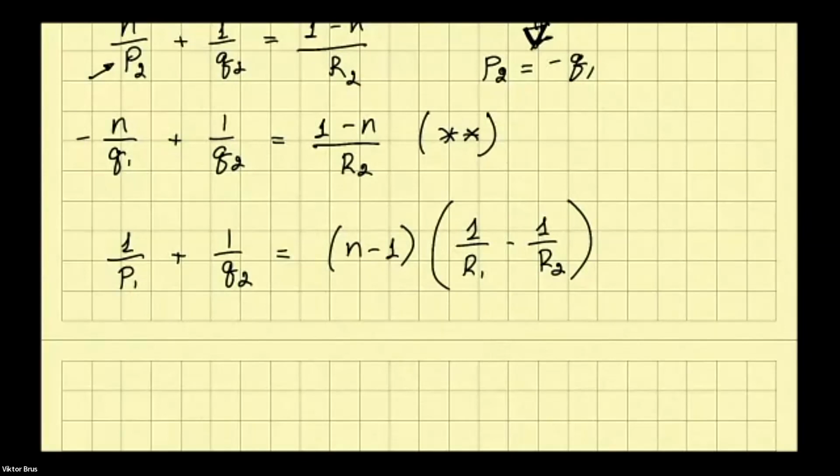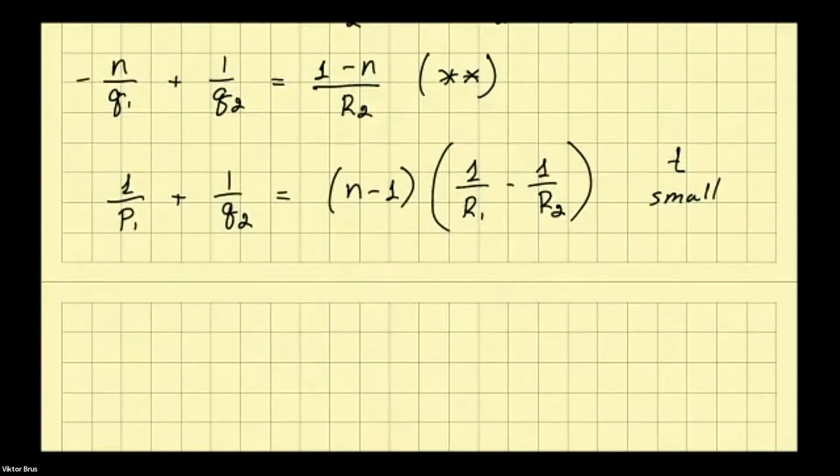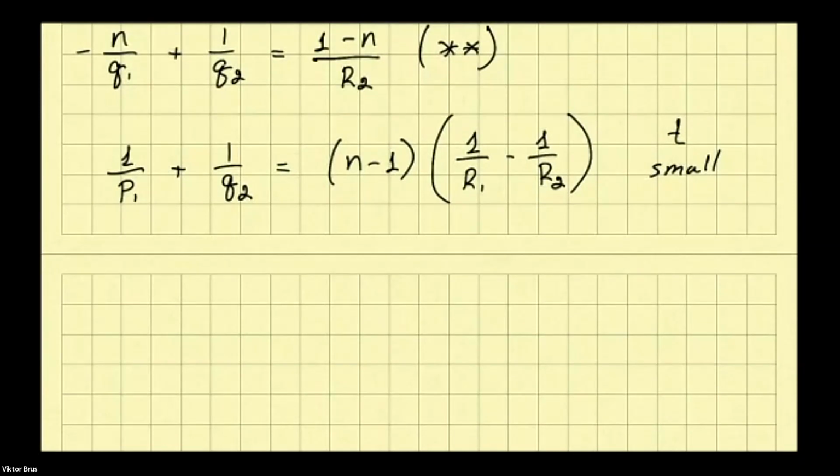So here we have P1, which is the distance from the real object to the first surface, and Q2 will be the image of this object, the distance of the image with respect to the second surface. Since the distance T between two surfaces is small, because we consider a thin lens, we can just rewrite this equation without this notation for first or second